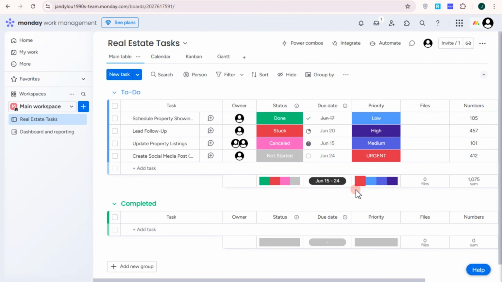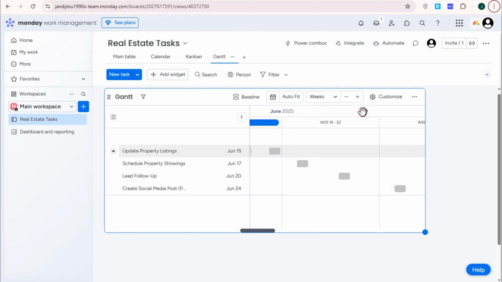Now here it is. Now you can add more members if you want. Okay, and then below you can add another project or another task. Everything is up to you. So basically, this is how you use